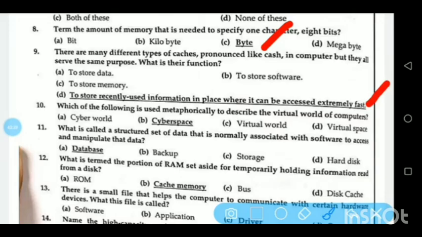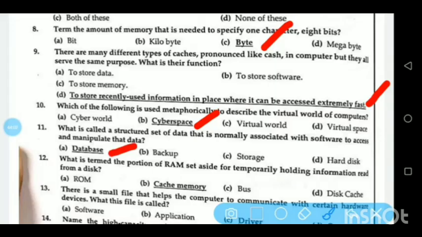same purpose. What is their function? To store recently used information in place where it can be accessed extremely fast. Which of the following is used metaphorically to describe the virtual world of computers? Cyberspace. What is called a structured set of data that is normally associated with software to access and manipulate that